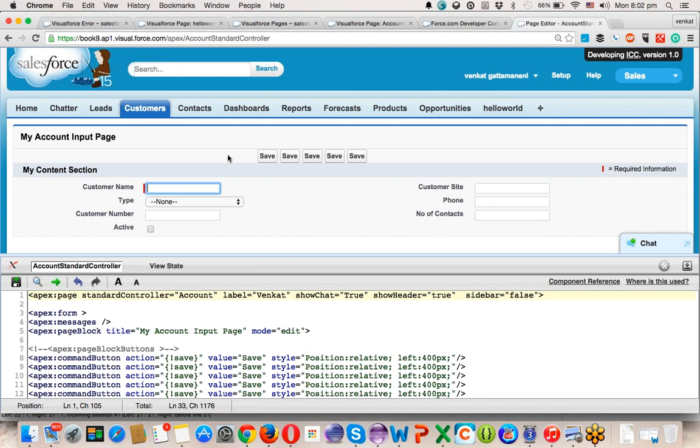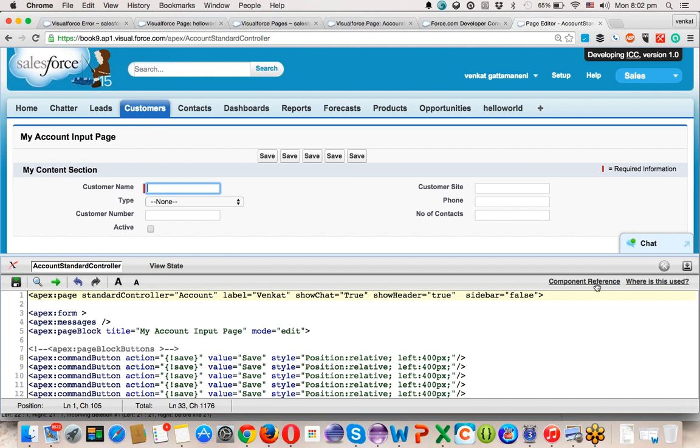So here, if you want to disable or enable something, you are not changing a lot of options. You are simply changing the Boolean value of some attribute inside some tag. In the same way, there are many tags and many attributes for each and every tag. How to know about these attributes? How to know about these values? If you are very new to Visualforce development and you don't have a really good idea about these attributes,